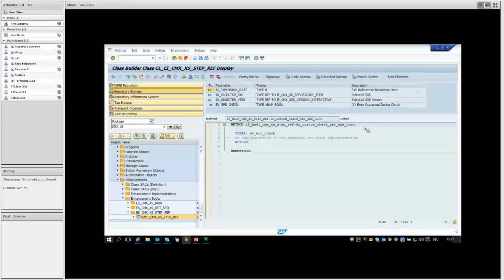The custom check during SXS copy, we don't have any implementation in the standard. So this implementation is called after the system determined the valid SXS version, when an SXS reference node is exploded. Valid SXS version means at the key date when the SXS reference node is exploded or is opened, that the validity time interval of the SXS version fits into it, so it has to cover the key date, and this was, let's say, the problem that we had